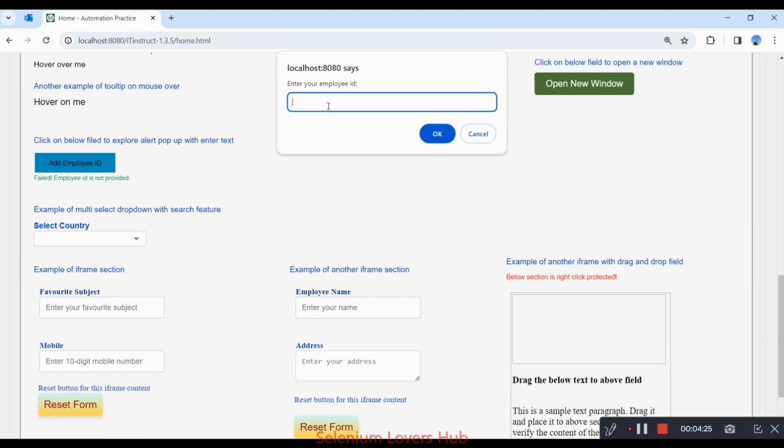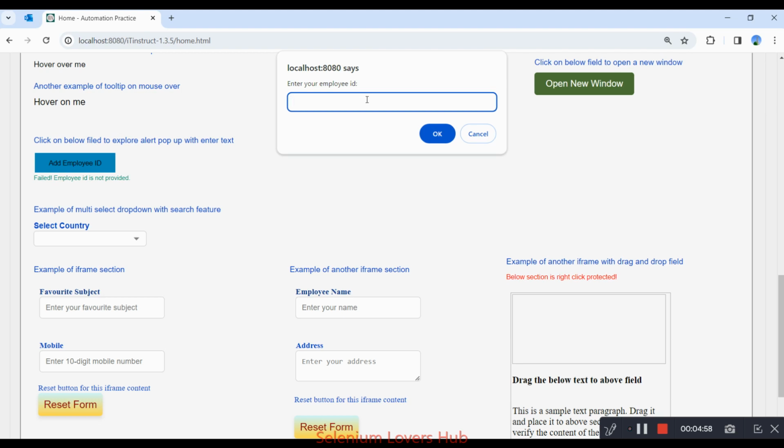Once again, you cannot use the ID, you cannot find the locator of this particular input box. If you try to right click, you can see there is no inspect option present here, right? So you cannot get the XPath of this field because it is an alert. For an alert you cannot find any XPath or any kind of locators. So in this case we have to use the Alert interface once again, and it has